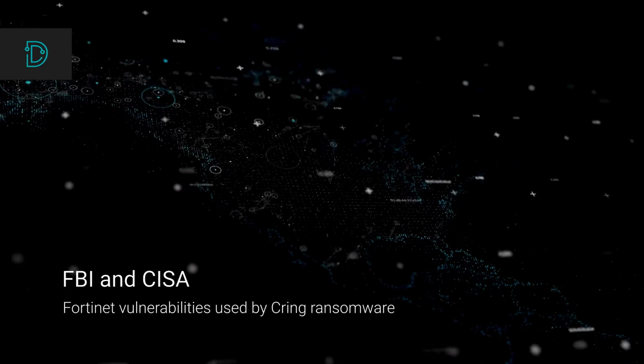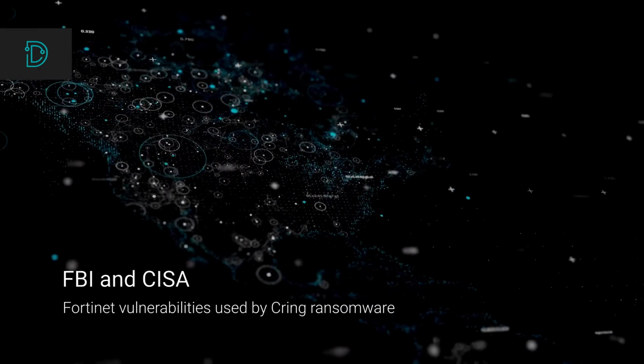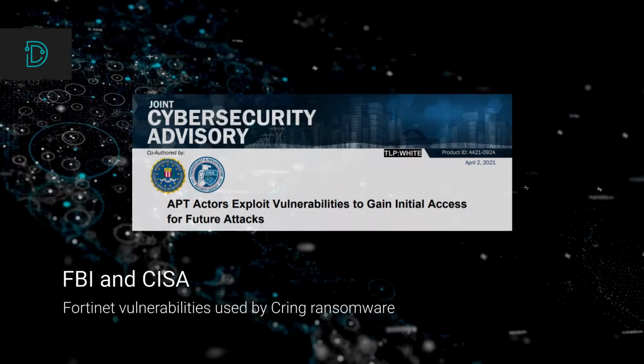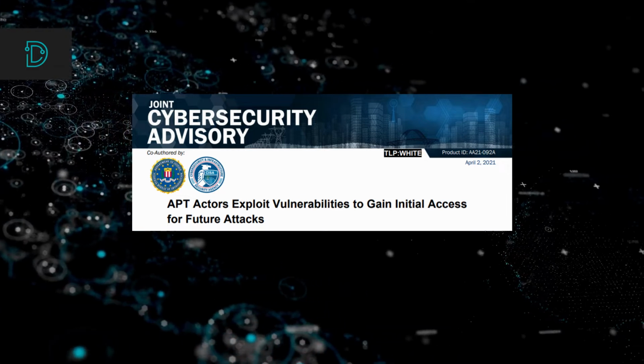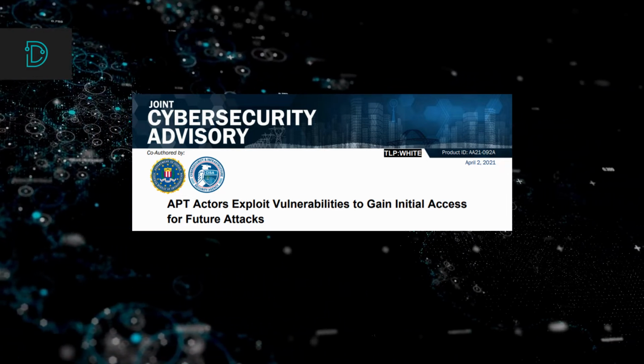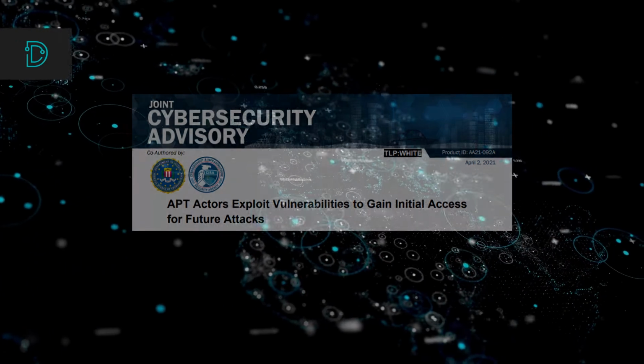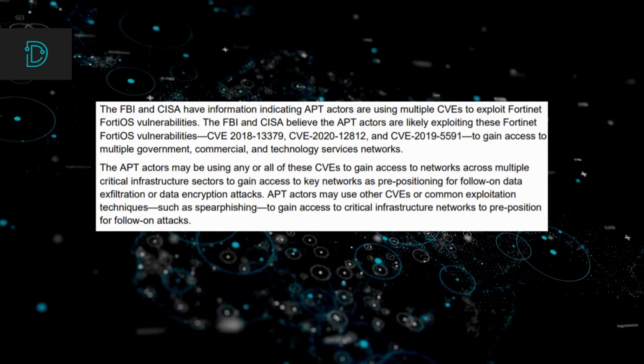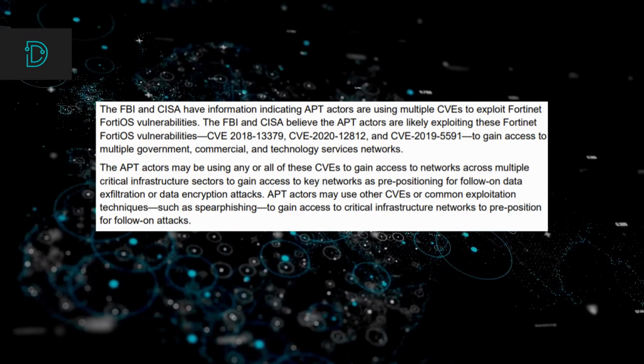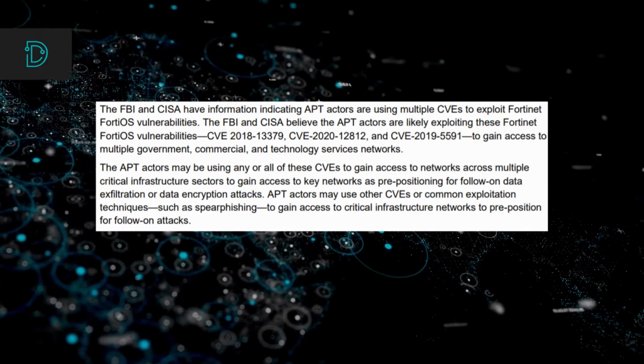First, some updates to the Fortinet story we spoke about last week. The FBI and CISA warned that hackers are abusing 3 relatively old Fortinet vulnerabilities to breach government and commercial networks. New updates revealed that one of these vulnerabilities was used by the Cring ransomware to infect and shut down 2